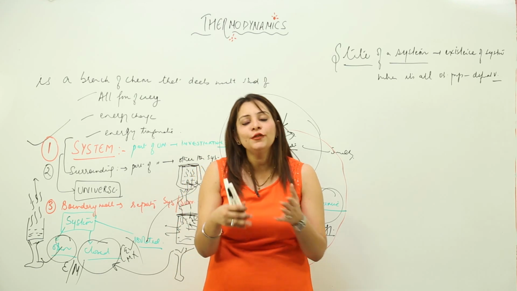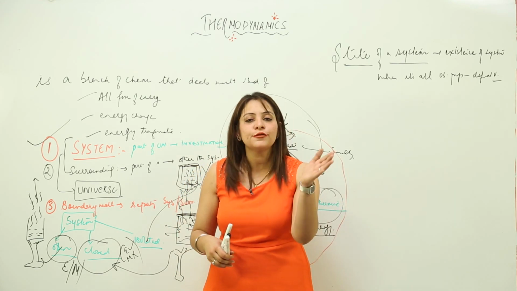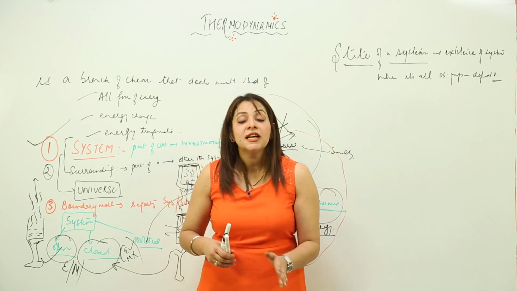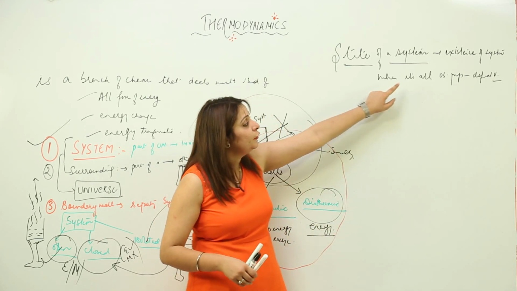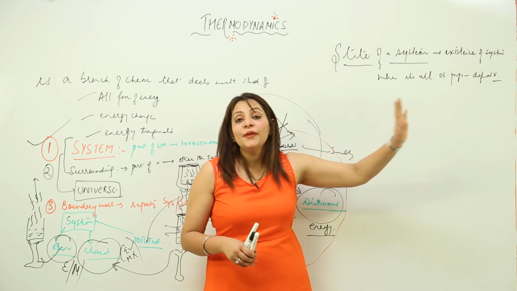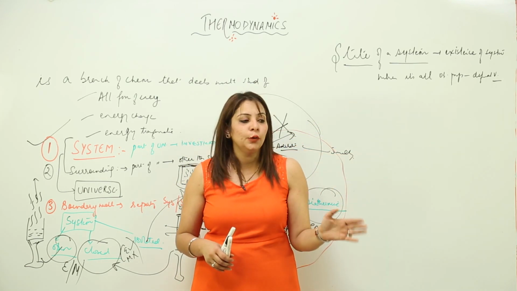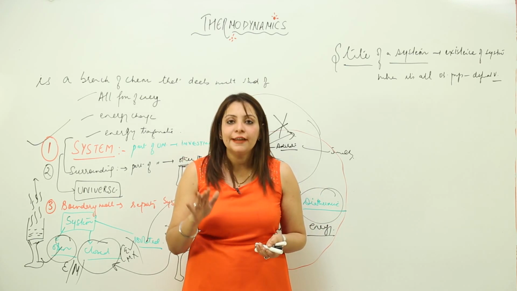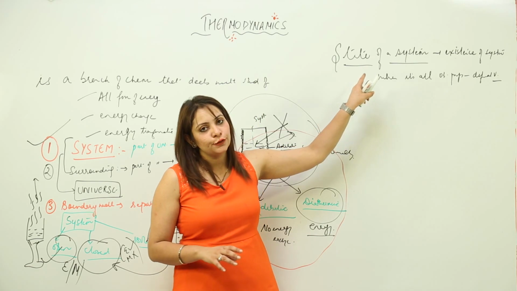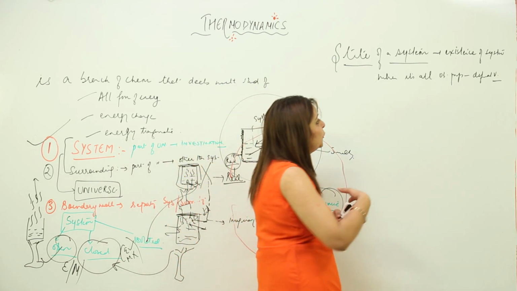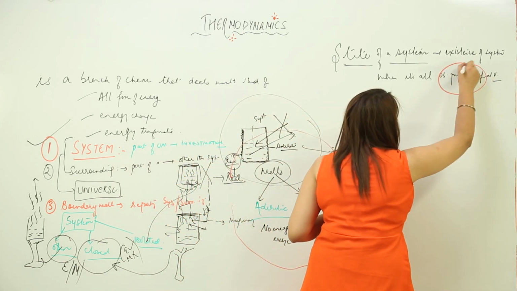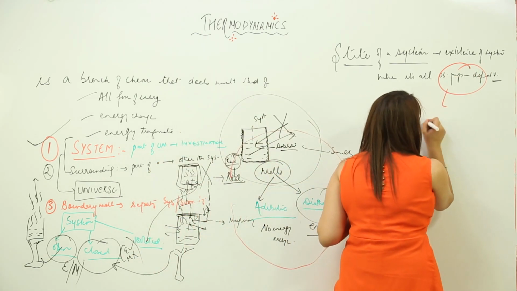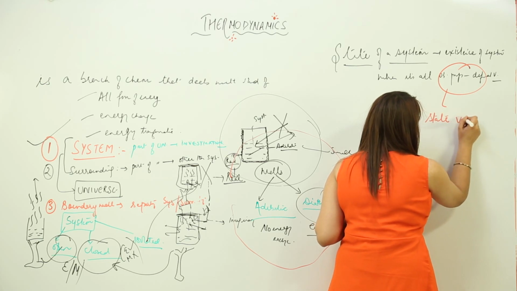So the state of a system is whether the substance exists as solid, liquid or gas, the condition being that its observable properties should have definite values. When the substance exists as solid, liquid or gas, its observable properties possess definite values. So this is the state of the system. And these observable properties which have definite values, or which indicate the state, are called state variables.